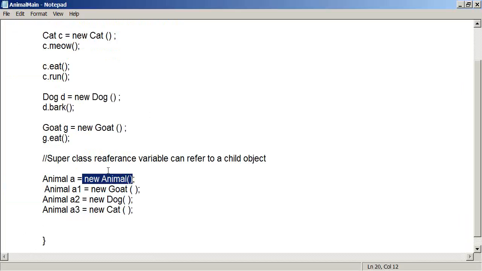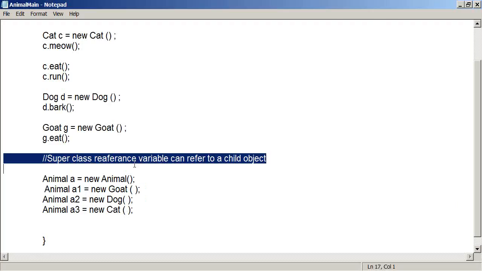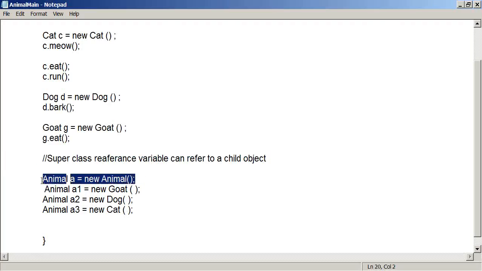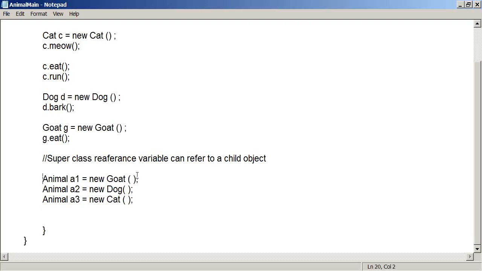Right? Animal is an animal, the same as goat is an animal, dog is an animal, cat is also an animal. All are animals. So this is a very important statement. Superclass reference can point to a child class object. This is a very straightforward mechanism that we have been using since this day. Now this is what is different here. Very important mechanism. This concept leads to one more concept,